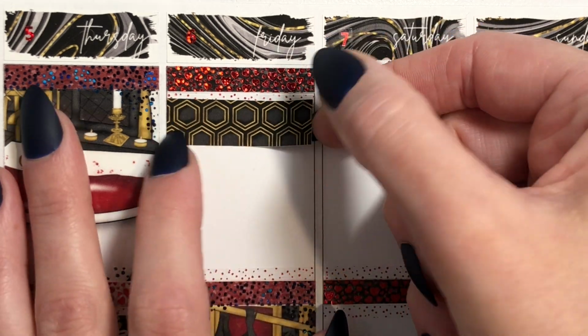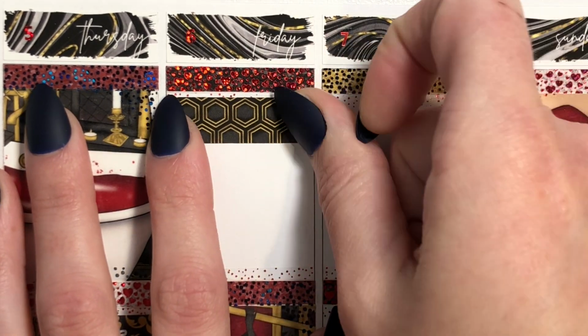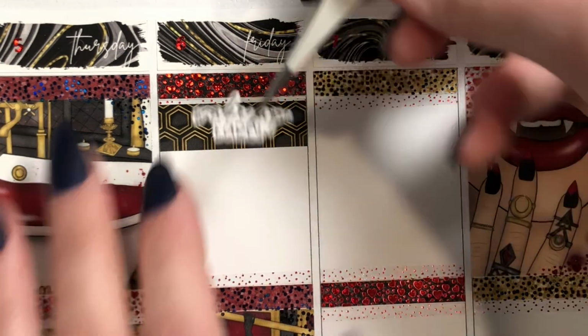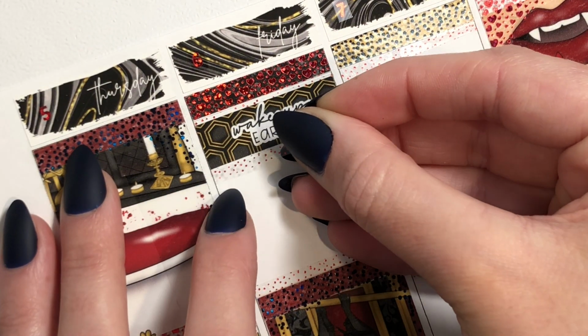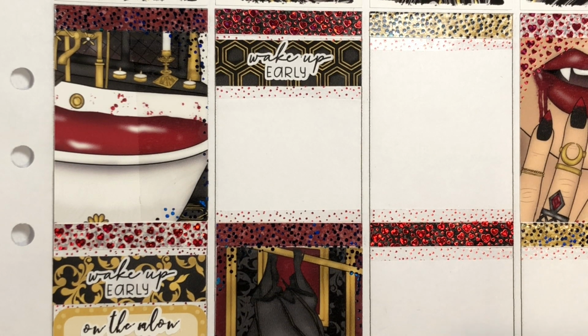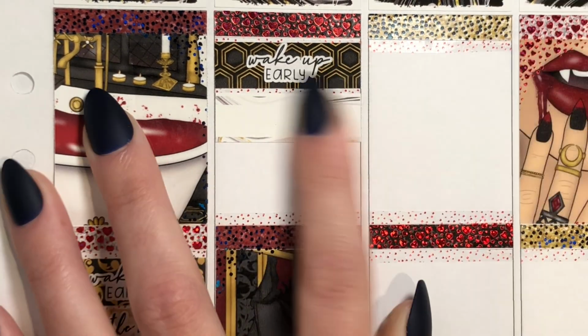On Friday, I'm marking waking up early again because of school. We're on the salon floor again, so I'm just using a label sticker for that. And then I'm using a leftover third box and this tea sticker from FoxandCactus in a what the hell script,